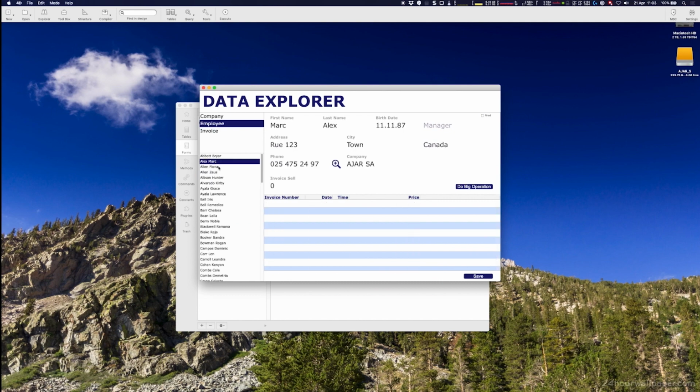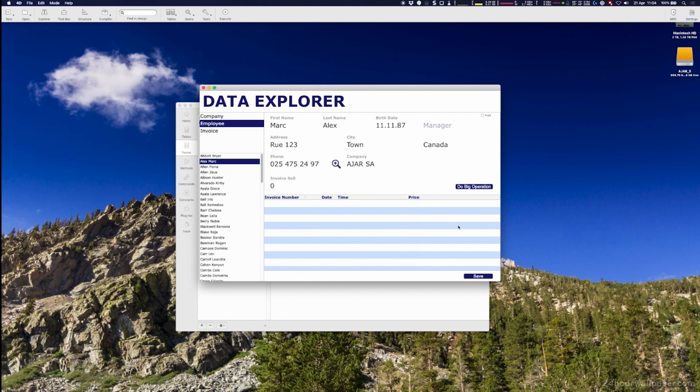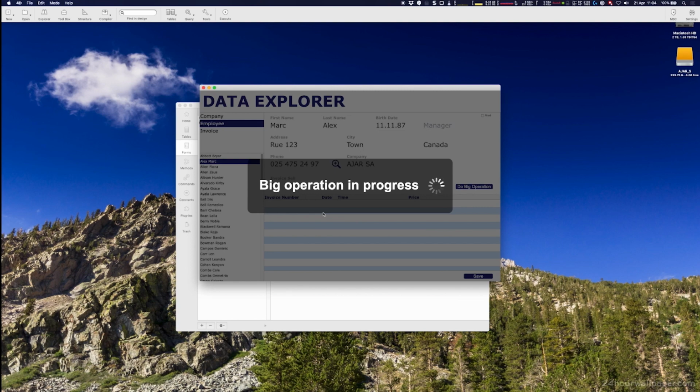We have also a plus button here in the phone. So if I click, we see the phone displayed big. This can be useful for people who are far from the screen, for example. If the font is too small, it can be helpful. The next thing, we have a do big operation button. So on hover over the button, the color of the button is changing. That is also something we add with our component. So if I click, I have a visual feedback that something is going on,